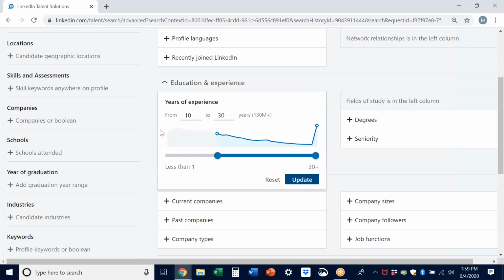Now, the years of experience filter is not great for HR people and recruiters, and I don't think it's used that often. And here is why. Not everybody puts all of their experience on their LinkedIn profile. I think they should because they get more advantage of the keywords, but if they don't, then it throws off this filter. And the other thing that this years of experience does not take into account,